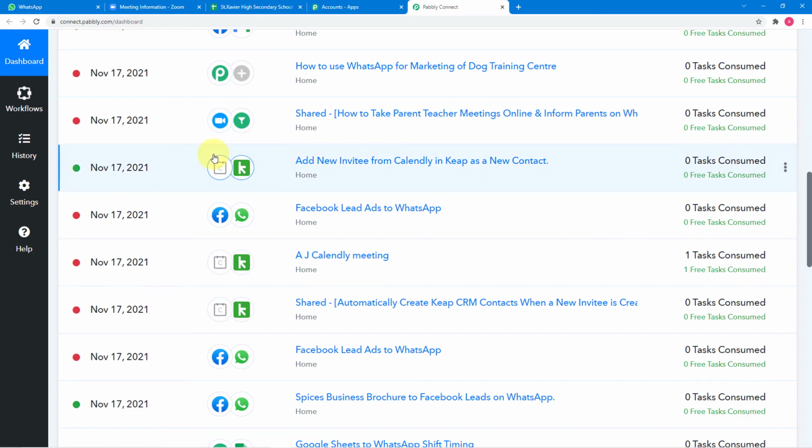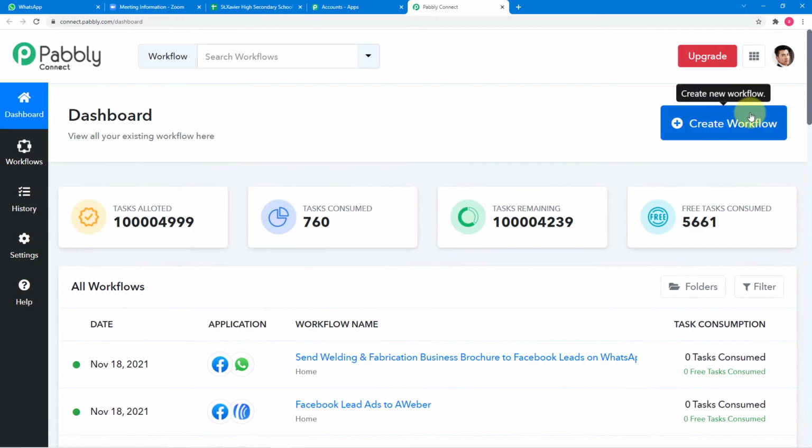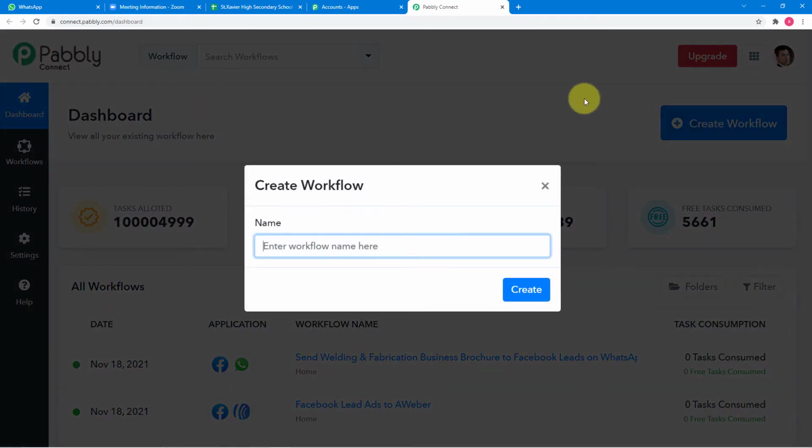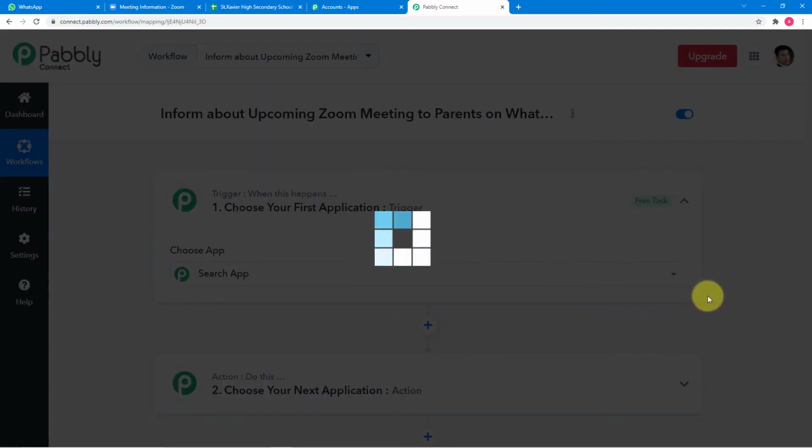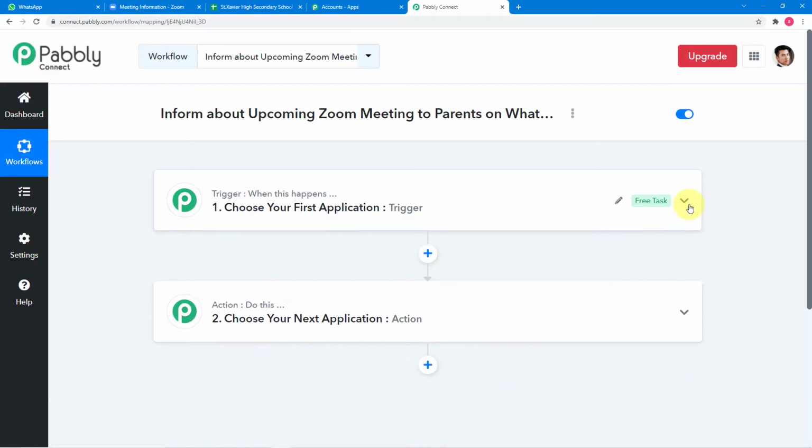these. So to create a workflow, you just have to click here on create workflow button, and here you have to give a relevant name to a workflow. So let me fill it. So I have filled the name as inform about upcoming Zoom meeting to parents on WhatsApp, right? Now click on create here and your workflow will be created, and you will find these 2 things here, the